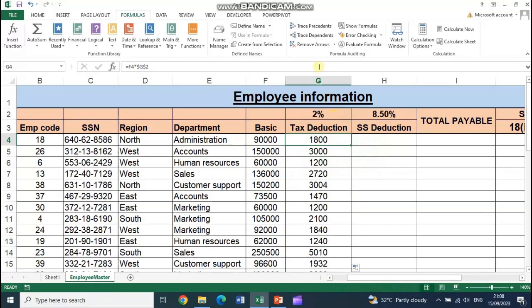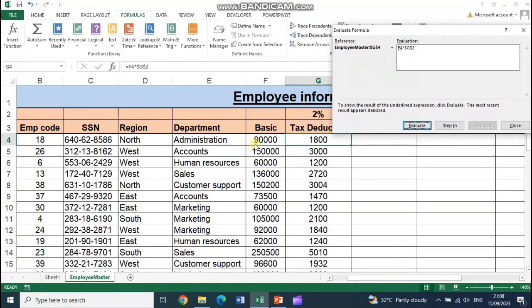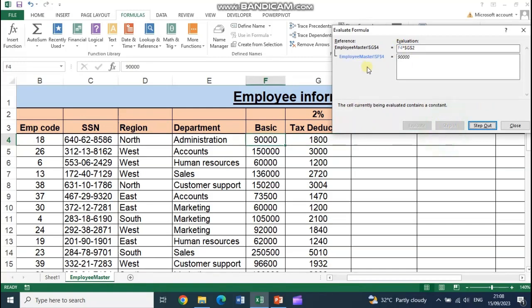Now I will try to evaluate the formula I was using. If you see here, in this formula I am using cell referencing. It is showing me F4. I click on F4, and it shows that Excel has picked up the value